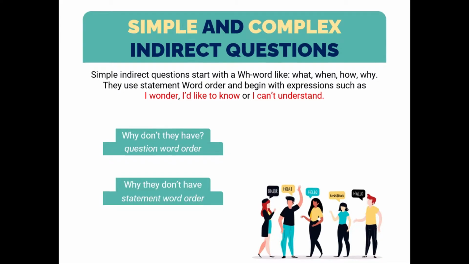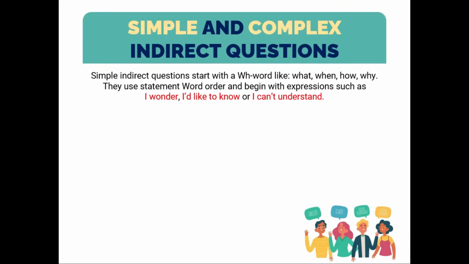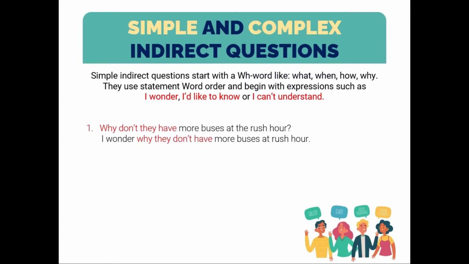Let's see some examples. Number 1. Why don't they have more buses at the rush hour? Changes to, I wonder why they don't have more buses at the rush hour. Mind the changes that were made. Why don't they have is shifted to why they don't have, making it a statement rather than a question. Because again, indirect questions are used to provide comments about a situation, in this case, the lack of buses in